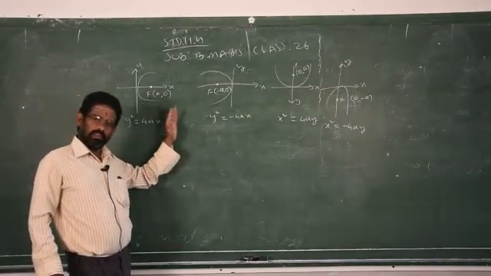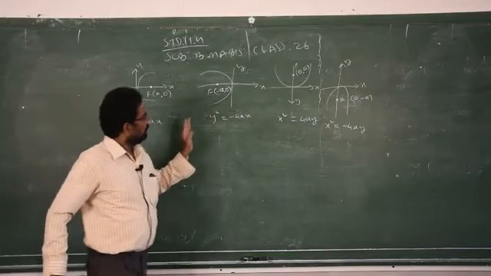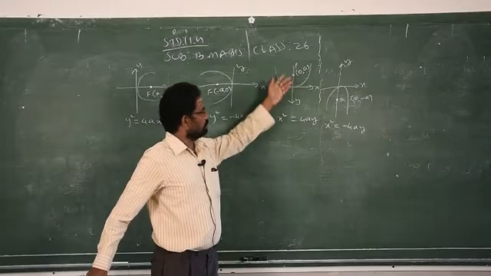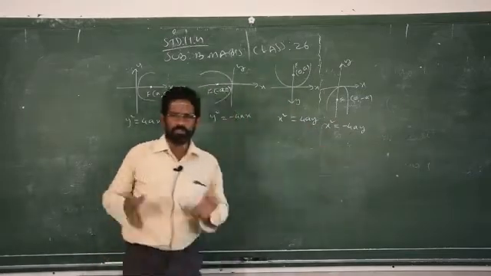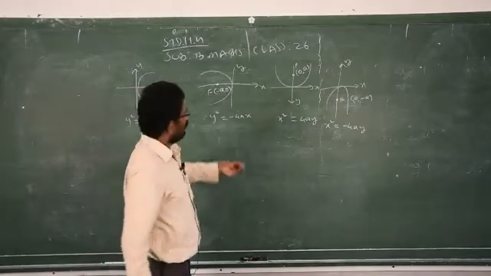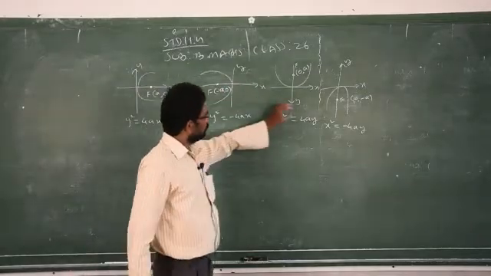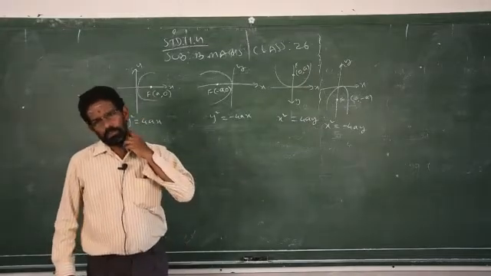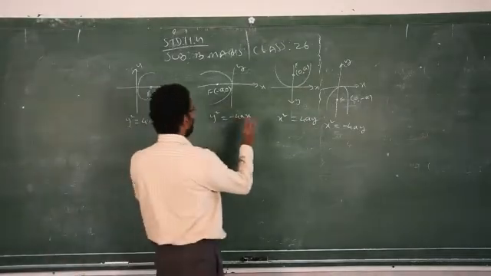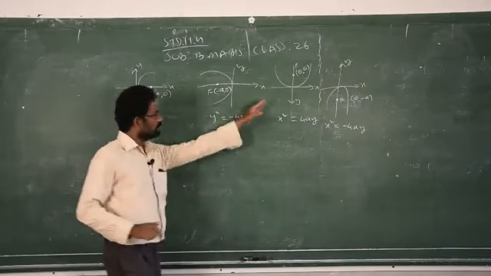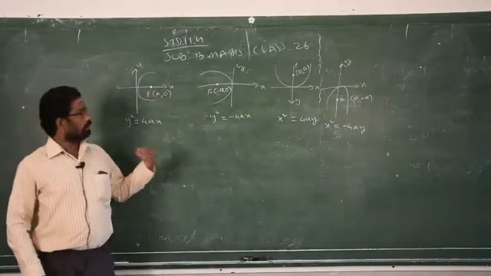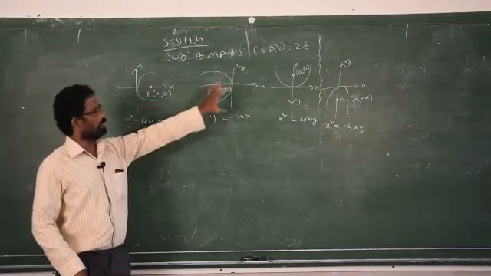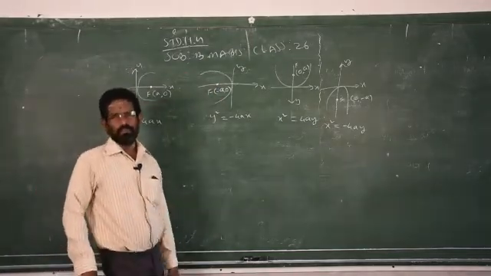Positive side on the x-axis, this one, negative, this one. Then focus on the y-axis on the positive side, the first one, on the negative side, this one. So just memorize it in such a way. We have a derivation to bring out this formula, but that is not for you. Just memorize the general formula and the shape of the parabolas. Clear? So once you know the general formula and diagram, then this is very simple.